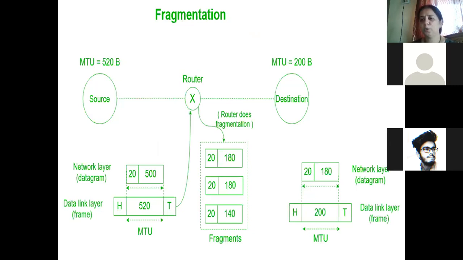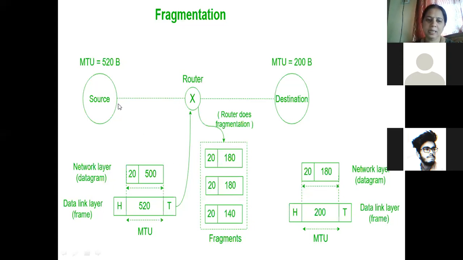Just now I told you, whenever data gets generated at the higher layers, for example, application layers, it can be of very large size. That large size data is broken down into smaller units, and that process of breaking down the data into smaller data units is called as fragmentation. Fragmentation breaks down a large data unit into smaller chunks.